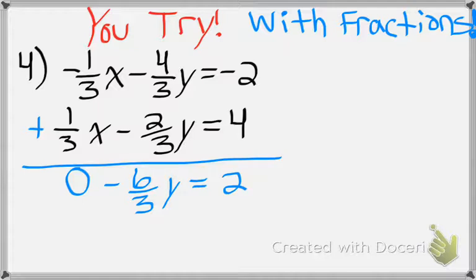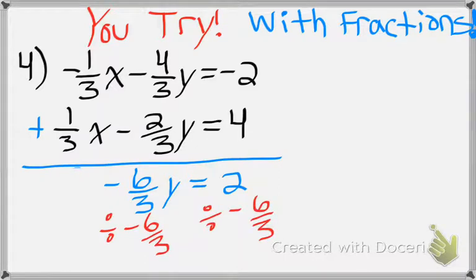Now you just have to remember how to get rid of coefficients. I'm going to go ahead and get that 0 out of the way. It's distracting me. Some of you know the shortcut for doing this. I'm just going to explain it the same way I always explain. To get rid of all coefficients you divide. So we're going to divide by negative 6/3. The only thing is, oh no, you have a fraction, but the truth is, just remember how to divide by a fraction. Simple as that. Well, your coefficients cancel, so those are gone. So you're left with, I'm going to show my work up here, y equals